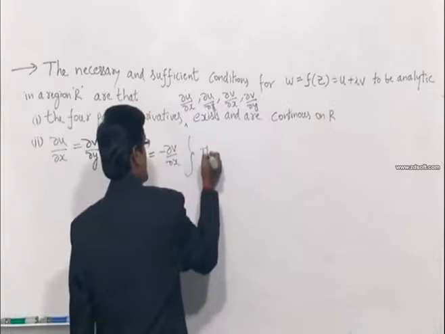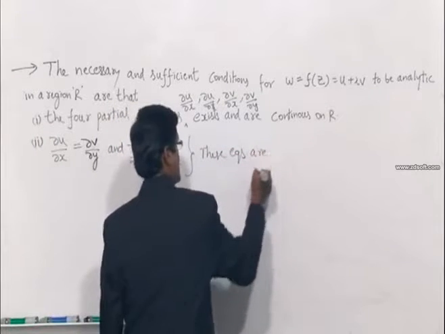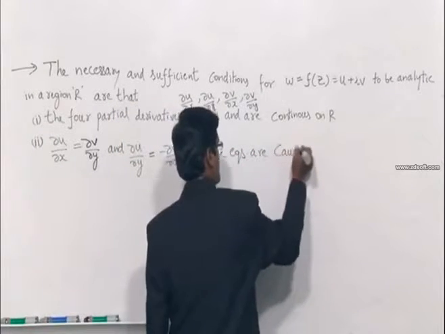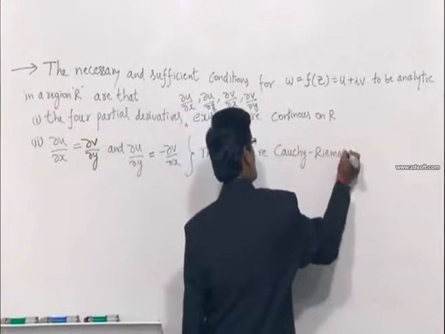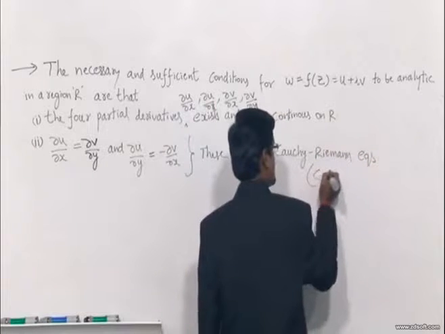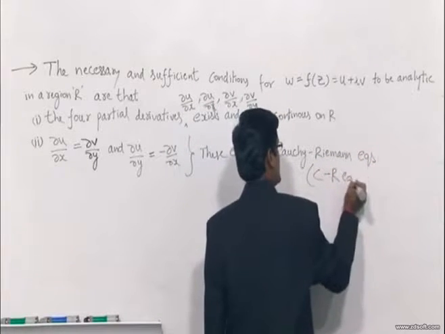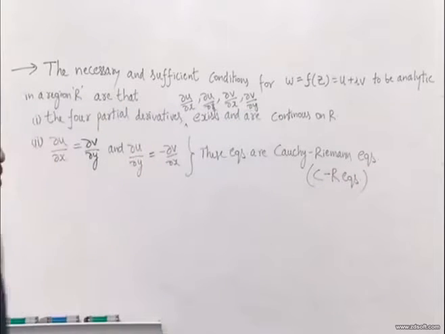So these equations are called Cauchy-Riemann equations, in brackets simply CR equations. See,